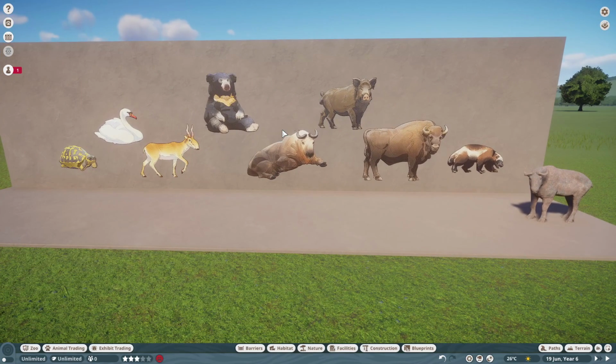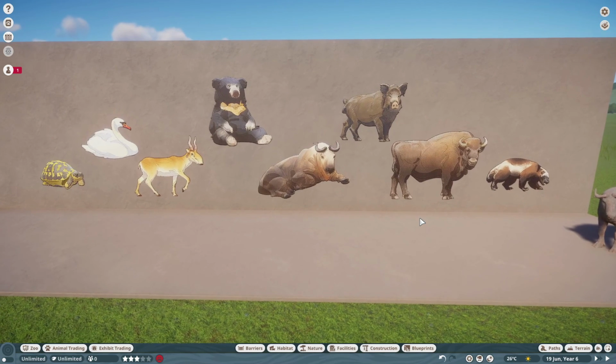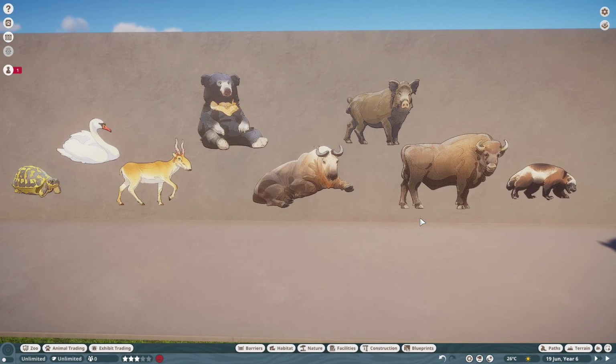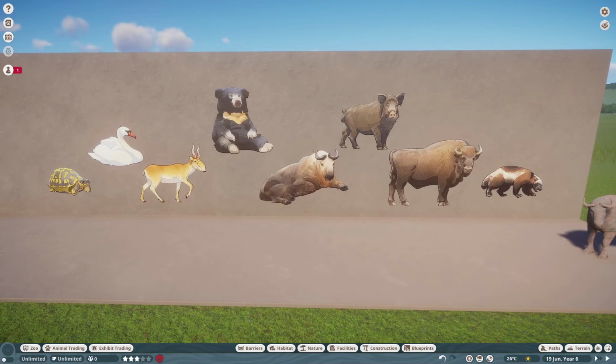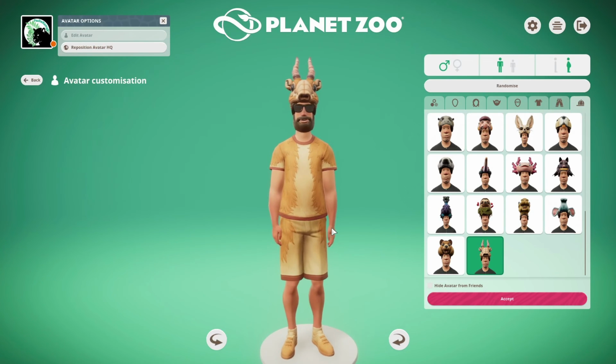Nothing more, sadly. No secret little poles like with the Grasslands pack, just the signs and the statue, but still it's nice if you want to have some signage in your zoo, and if you want to let your guests know what animal they can expect next on their tour. The last two things I want to talk about in the Eurasia Animal DLC is firstly the outfit,